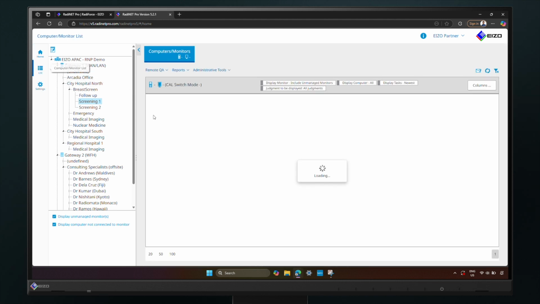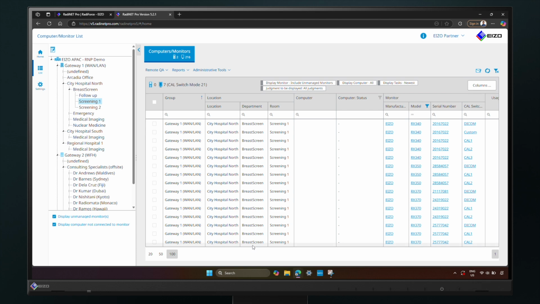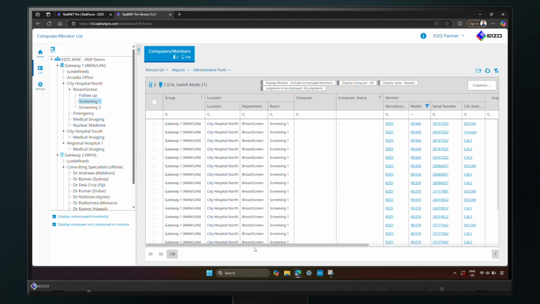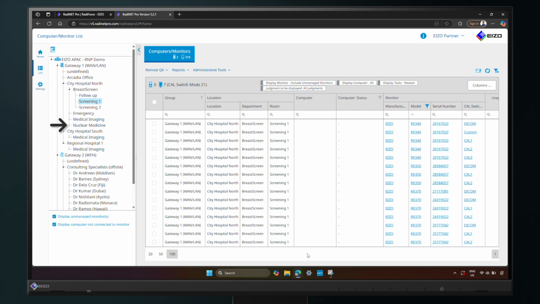Click on the list button on the top left of the screen. Here you can see a list of all monitors under this hospital group that RadiNET Pro has network-based access to. You can sort and filter them based on the group, location, department, and/or room, which means that, for example, if we know there is specifically a problem with one of the EIZO monitors in the nuclear medicine rooms under City North Hospital, we can go in, find it, identify the problem, and fix it, all without having to physically go